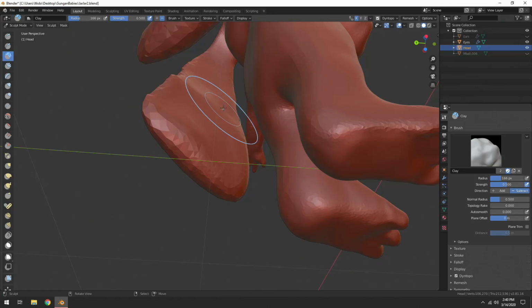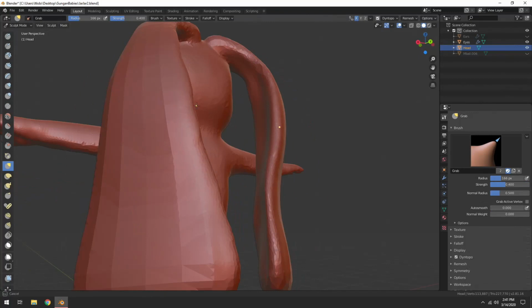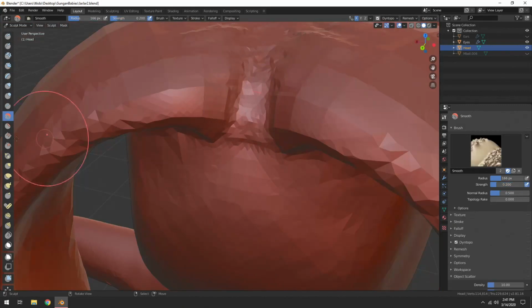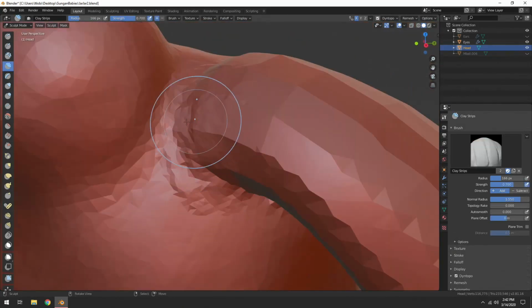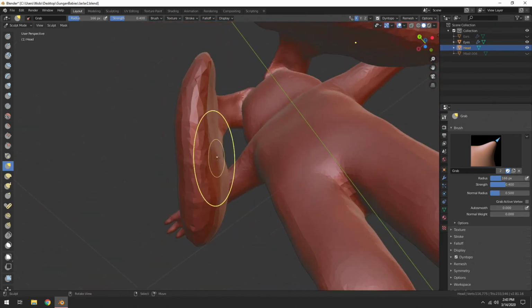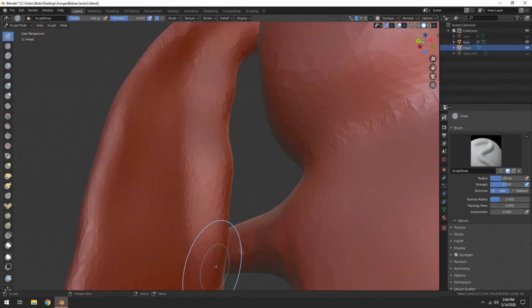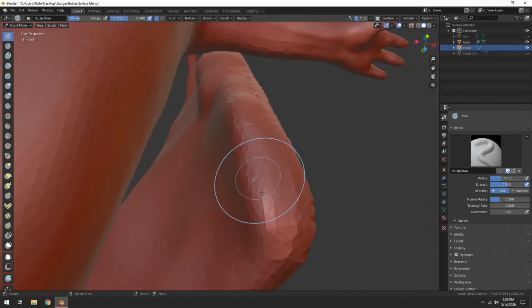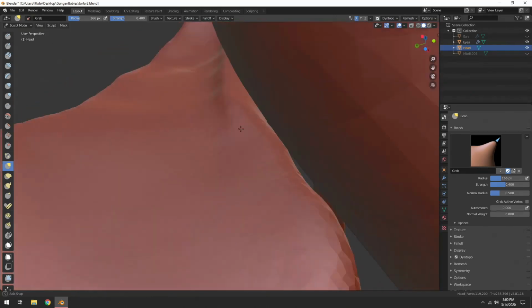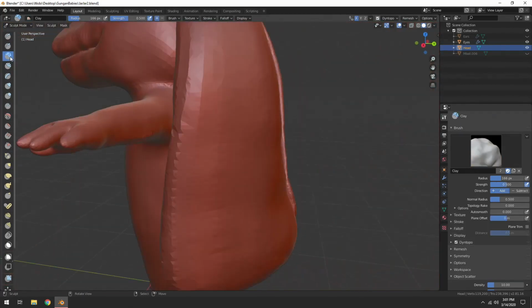Here, of course, I'm working on the ears. This turned out to be a bit more complicated than I originally thought it would be. Trying to smooth the ears in with the head, and I think a big issue is that the ears aren't really in a relaxed pose. They're kind of out there, which can be fixed later on with an armature, but I think that added kind of a strange